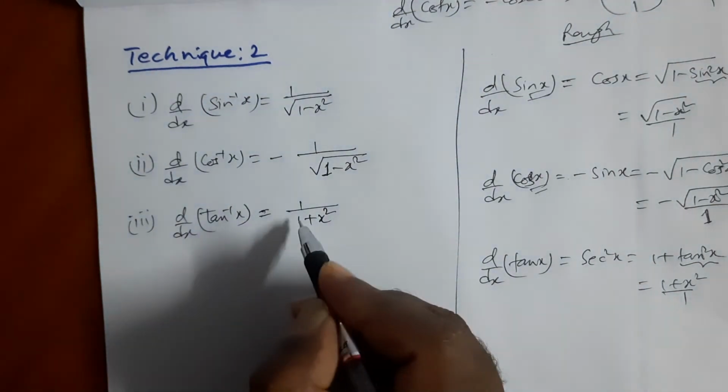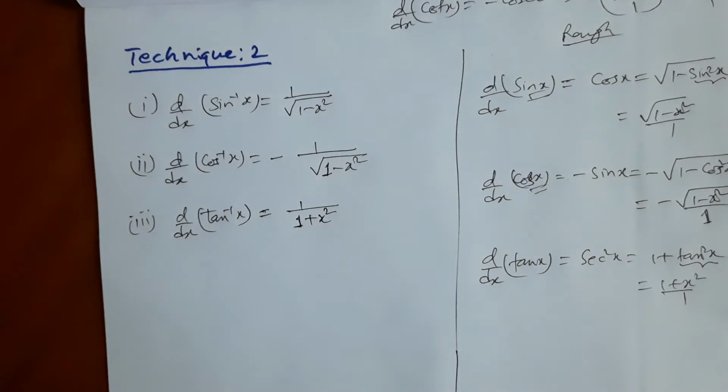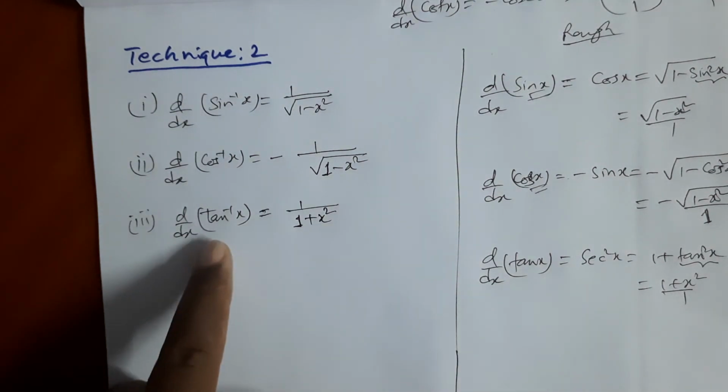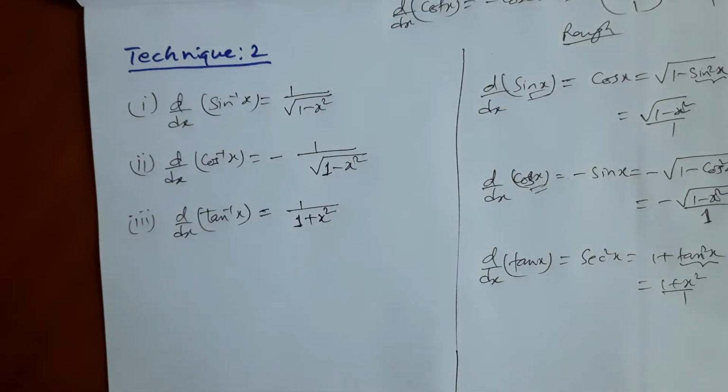Okay, so this derivative of tan inverse x also can be remembered easily in this way. When we are properly habituated with this, then mentally we can calculate: tan derivative is sec square x. Sec square means 1 plus tan square, 1 plus tan square means 1 plus x square, and 1 plus x square reciprocal means 1 over 1 plus x square. So easily we can calculate in our mind, and we can find it out.